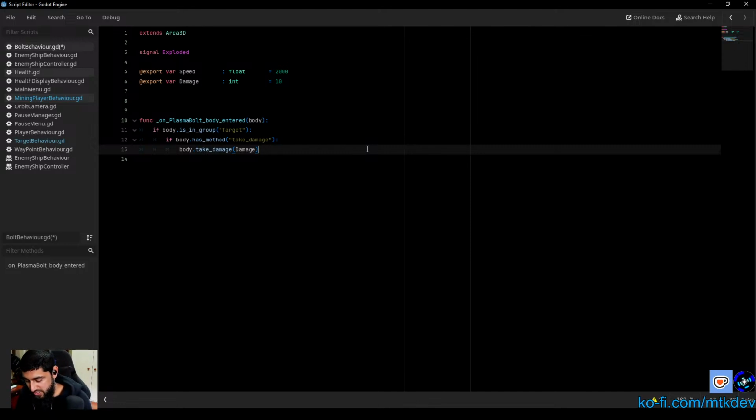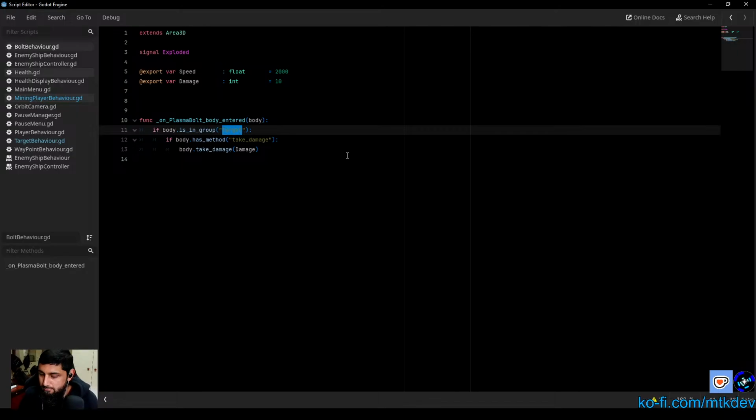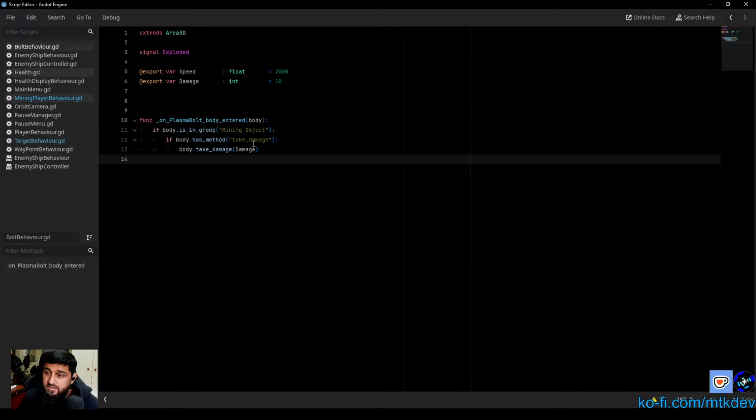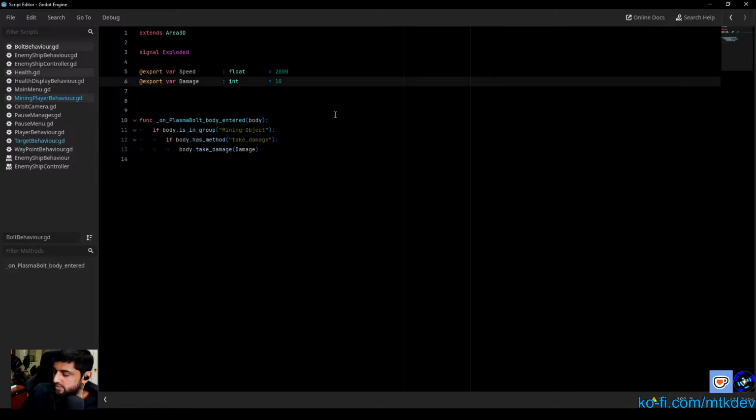So for functionality, fundamental functionality first. Okay, so if the body is of type mining object, and it has take damage, then call the damage function, right? And we don't want it to do 10 damage, we want it to do 1 damage because it's doing